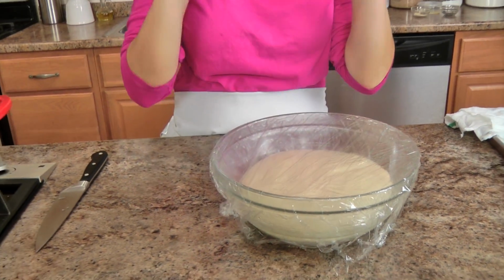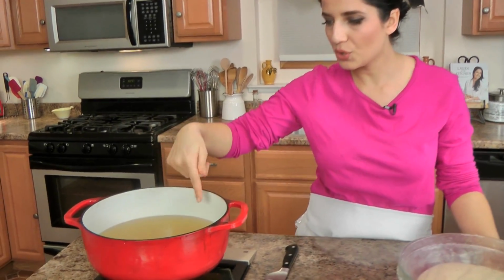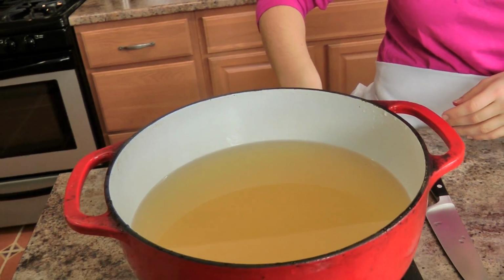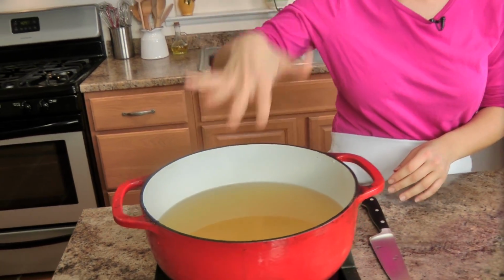My dough looks perfect. This is what you want it to look like. Now before I handle it, you want to get a large pot. I like to use my big Dutch oven for this. I add some water to it and I add some honey. Now what I've done, this was already warm, so what I need to do now is bring this up to